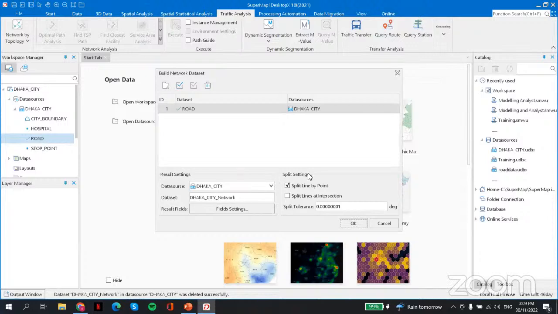For this split setting, I'm going to click this. We have two defaults, which are split line by point and split lines at intersection.